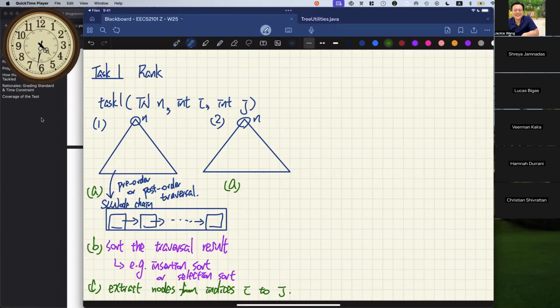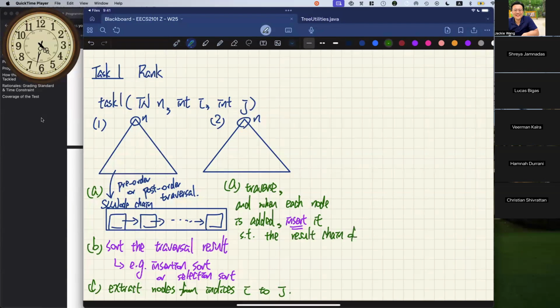So here you're just going to traverse, and when each node is added, here I'm going to use a different color, inserted such that the resulting chain of nodes remains sorted.